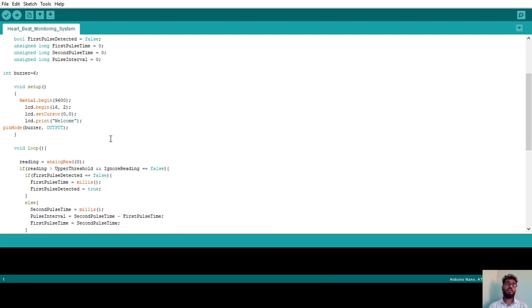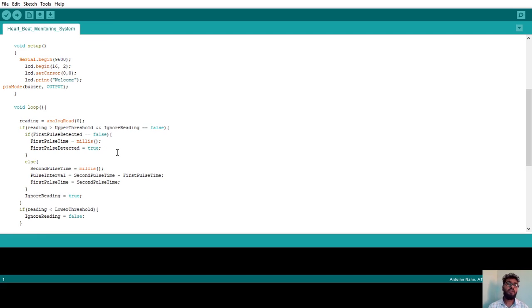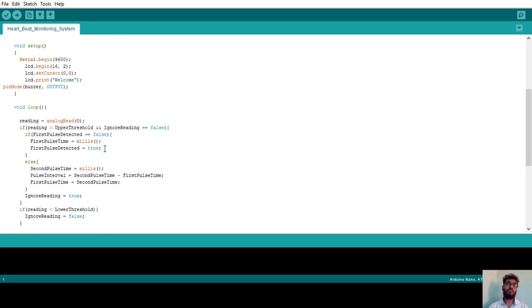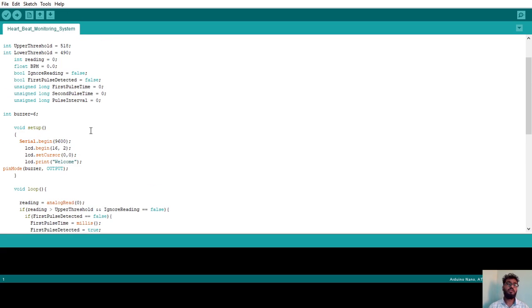Any Arduino program mainly has two parts: void setup and void loop. Inside void setup we write the setup things, that is, we set up the baud rate and define whether the components used in this project are input or output devices. Next, inside void loop we write the exact working logic of this project. So now we will do the setup.